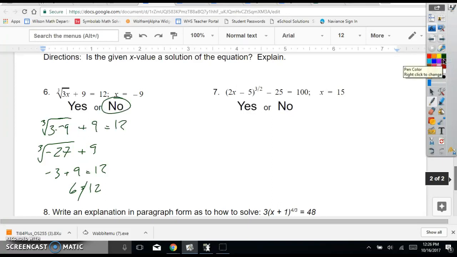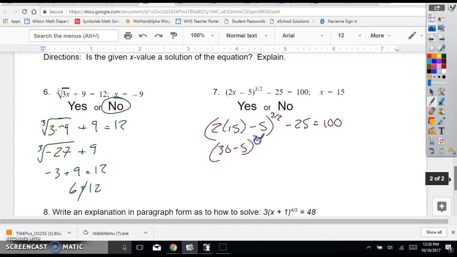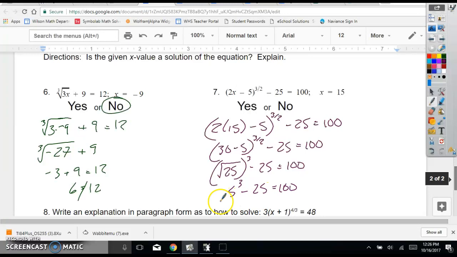All right. And the second one, we're going to put 15 in. 2 times 15 minus 5 to the 3 halves, minus 25. See if that equals 100. So 2 times 15 is 30. 30 minus 5 is definitely 25. You get the square root of that, and then we're going to cube it. So this is 5 to the third minus 25. And then 5 to the third is 125. And yes, 125 minus 25 is 100. So yes, that one does